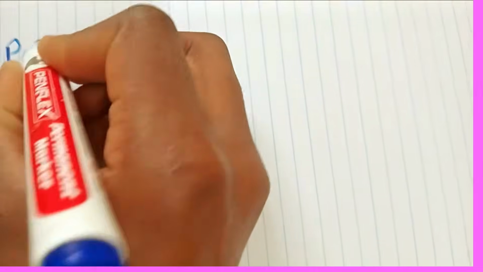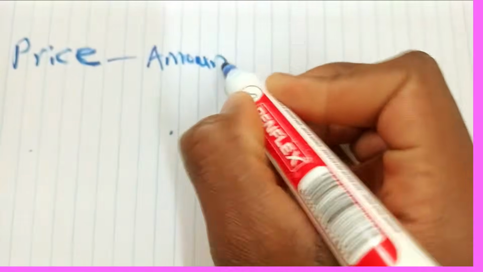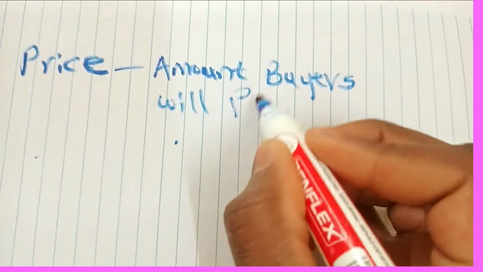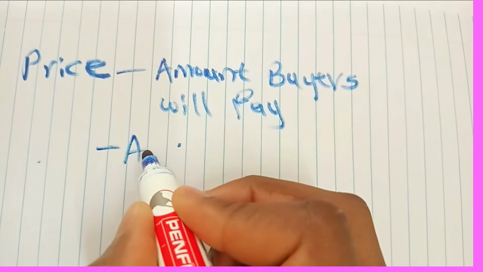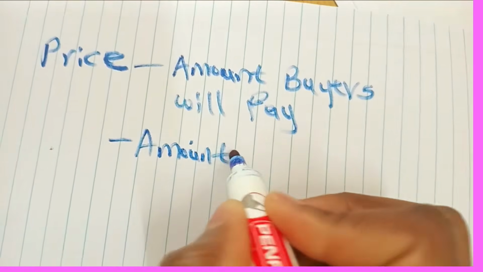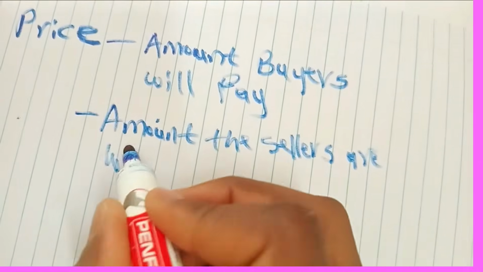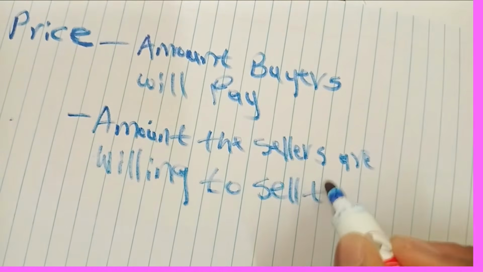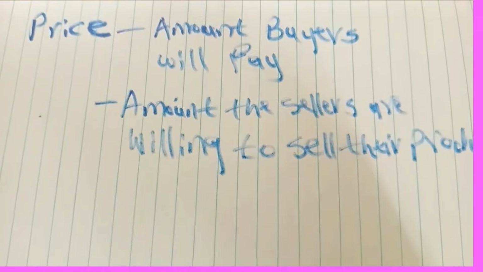the price, that's the amount that the buyers will pay, and also that's the amount the sellers are willing to sell their produce at. Okay, so